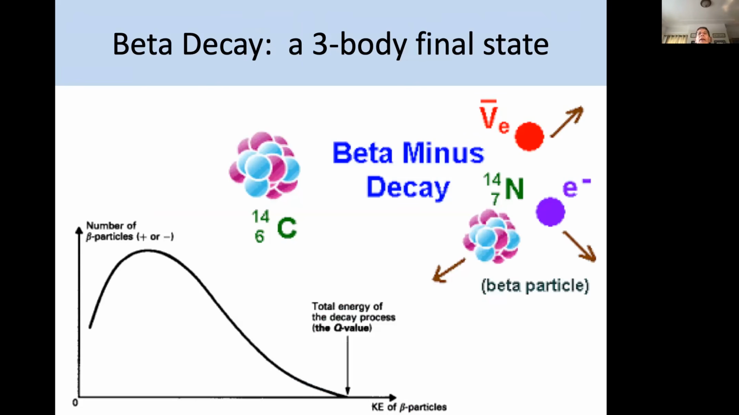So beta decay here is a three-body final state. And we'll talk about variants of beta decay. Here you have a carbon-14 nucleus. We'll talk about carbon-14 in a little more detail in a while. Inconveniently, when you get away from the valley of stability and you get nuclei which are therefore a little bit more massive,